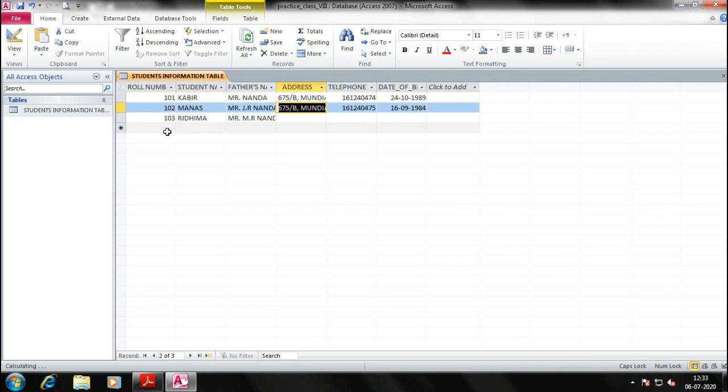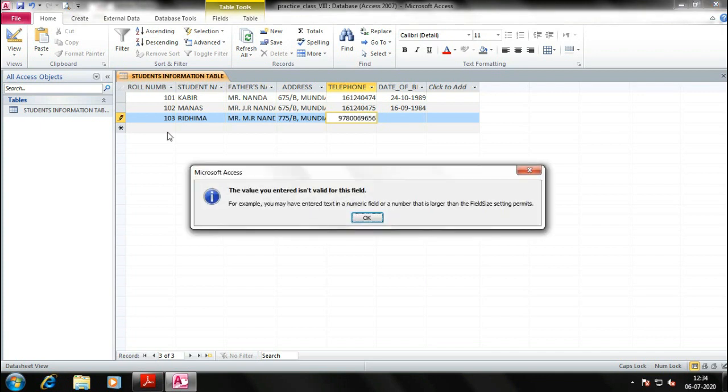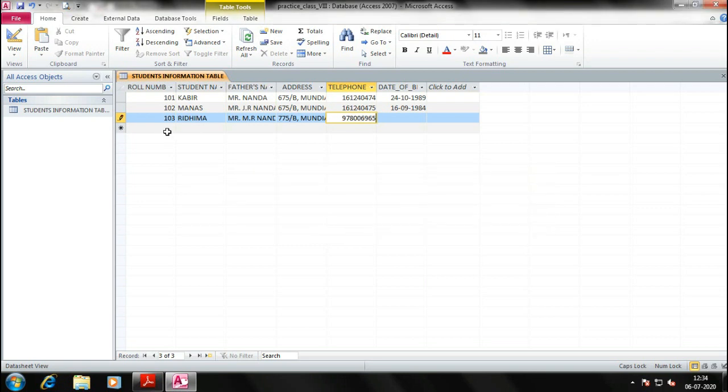M.R. Nanda, a little difference, 775, right? Okay, see, the value you entered isn't valid for this field because it is larger than the field size. It is written there, so just delete one digit. It's simple, right?